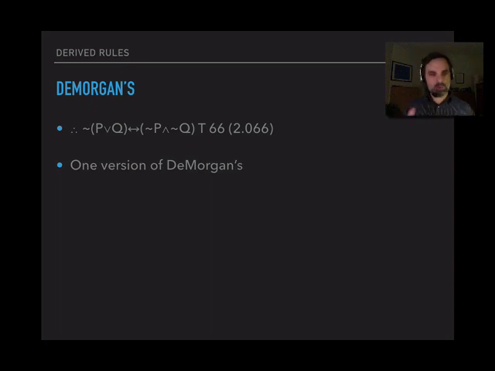There are a couple of versions of these theorems that have to do with the way in which negation and disjunction and conjunction interact. They were first sort of explicitly recognized by somebody named De Morgan, and that's why they're called De Morgan's. And this is one version of them. It's the most useful version, as we'll see subsequently. So,